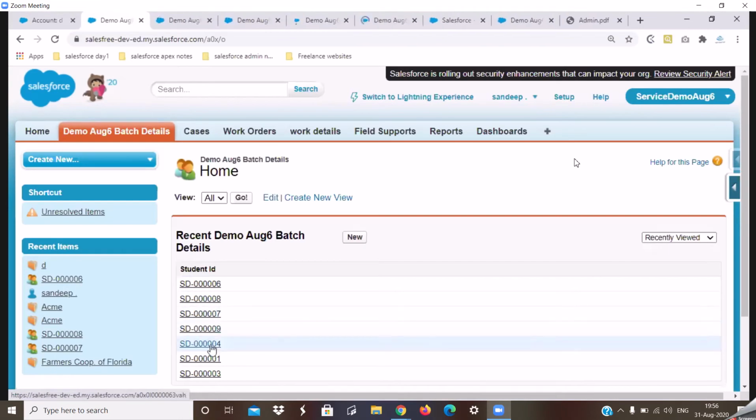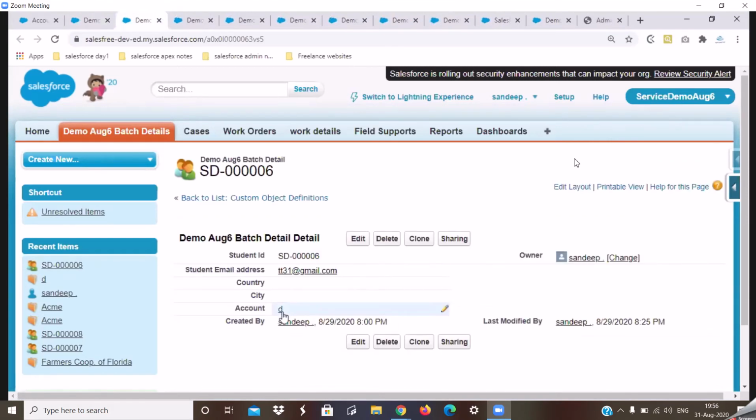But the issue is, if I open all the records, there are some records which don't have a lookup value. There are some records which don't have this field populated, like this record. Why it is making me populate this field is because once we convert this relationship to a master detail relationship, this field becomes a mandatory field. This account field becomes mandatory. So if the account field is mandatory and there is no value in it, then the system would throw an error once I convert that field, right?